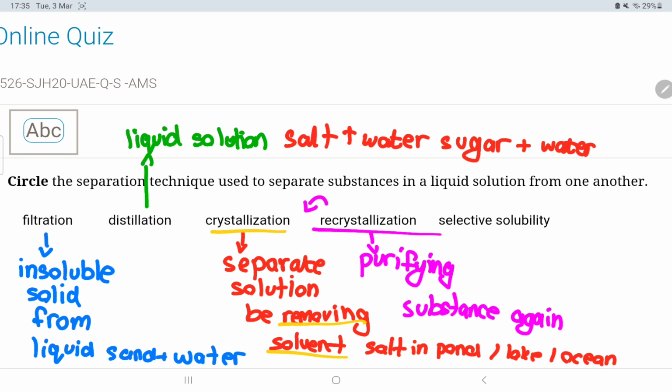When you let all the salt show and almost all the water evaporated, if you want to recrystallize it, you can add in more water, okay? And then let the water evaporate again. Do it again. What are you doing in the meantime? You're purifying the substance again. Okay? Again and again. Selective solubility here, it's just separating